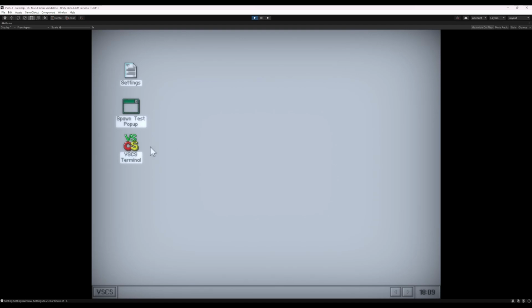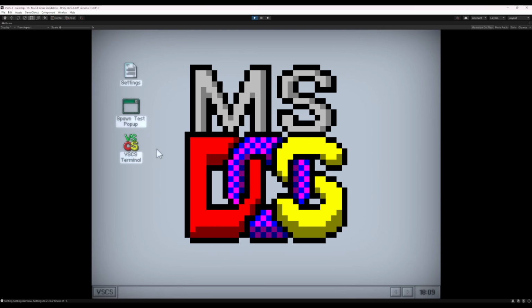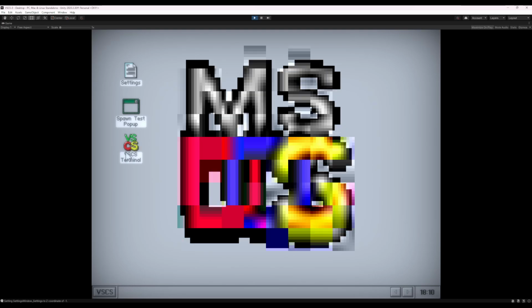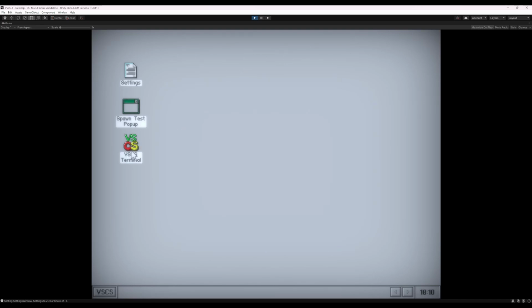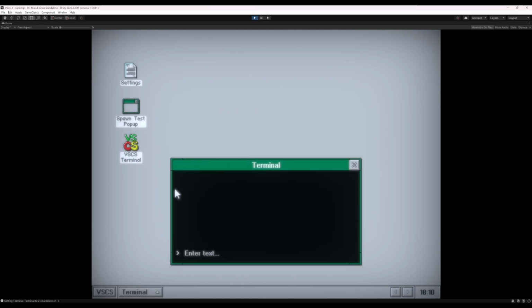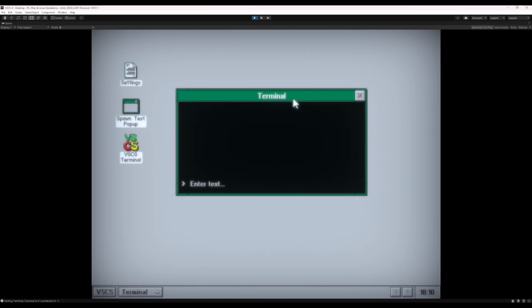Last thing to show off, which isn't very much, is the VSCS terminal. I've got a really nice icon that I'm happy with, which is, maybe I'll put a picture up as well. It is based on the MS-DOS icon. So my thought is I'll make a little VSCS icon. It's kind of nice because MS, Microsoft, lines up with VS in VSCS quite a bit. So I'm playing off that. I'm joking around with it a bit by making the icon an homage to that. But that opens up the terminal, which is pretty bare bones.